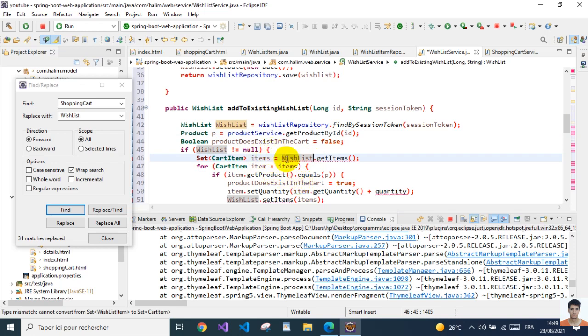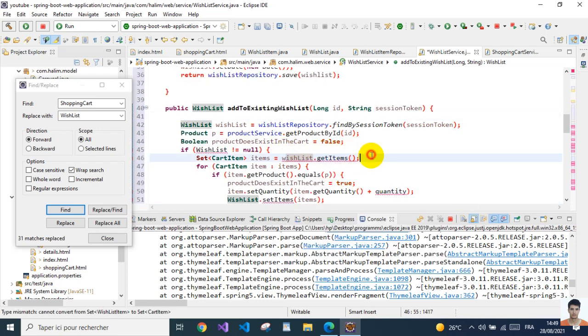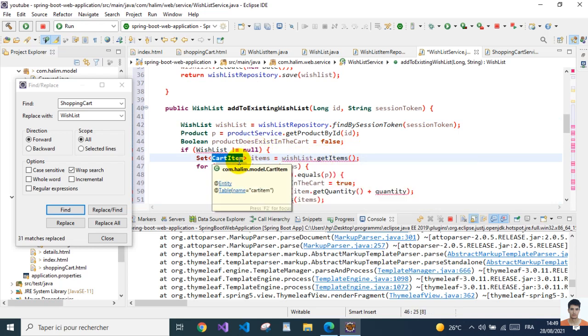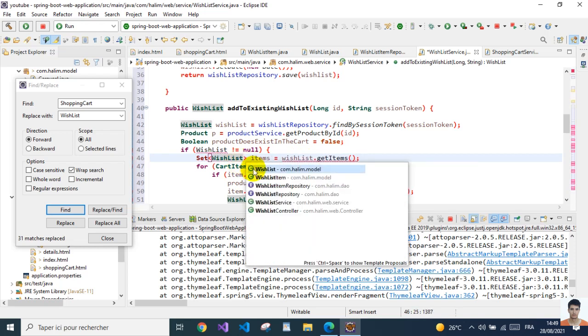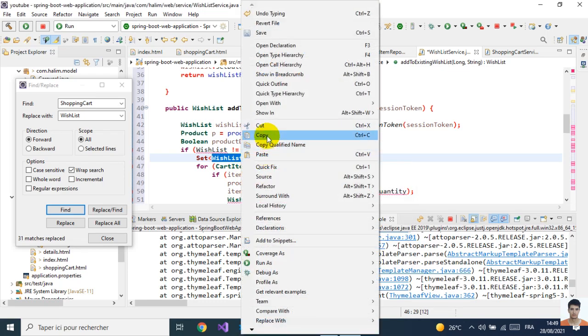So this is the wish list. We differentiate between the object and the class, and this is not a cart item but a wish list item. So this is a wish list item for the same thing,